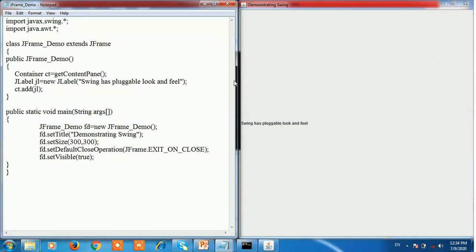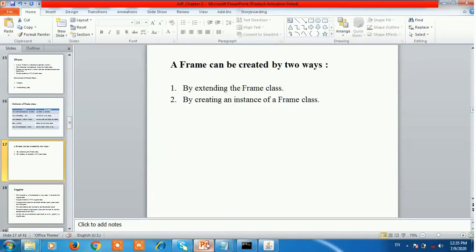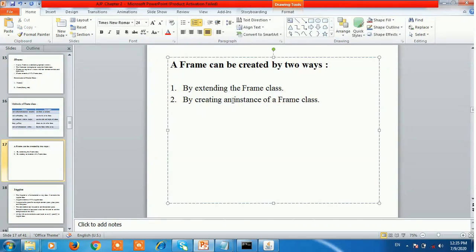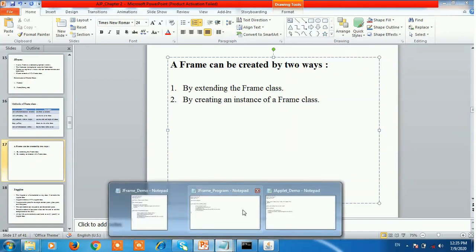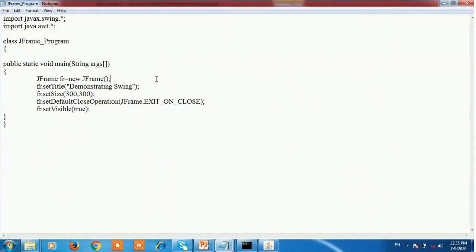Now next, see creating an instance of the frame class. The second way of creating a frame is by creating an instance of the frame class, meaning creating an object of the frame class. See here, first import the two packages, javax.swing.* and java.awt.*.